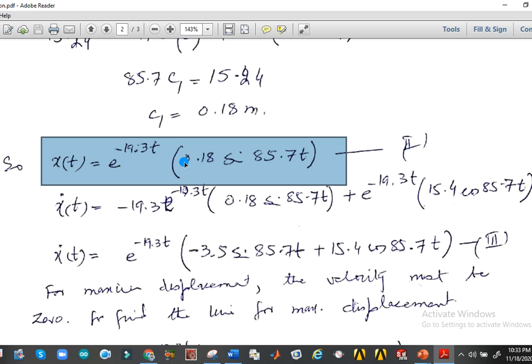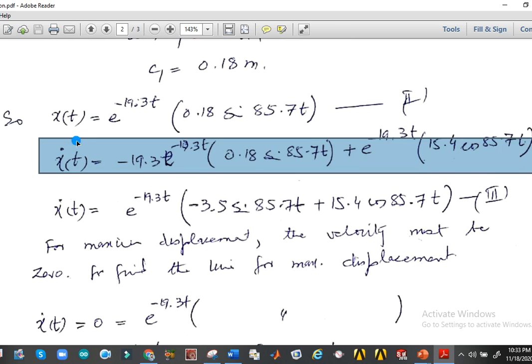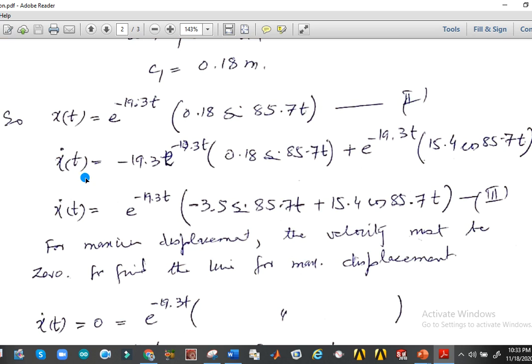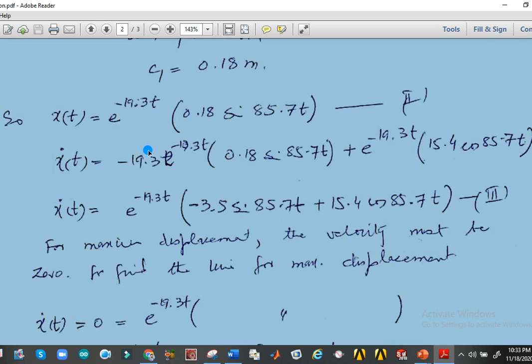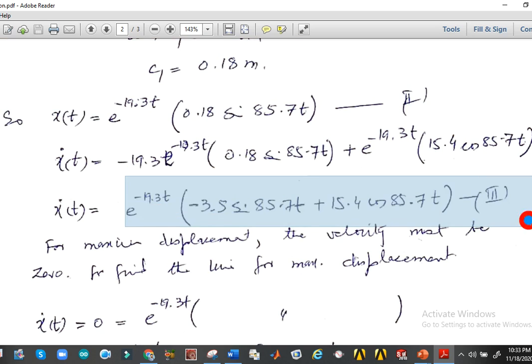Now this simple harmonic function is the function in the time domain. If we put in the time domain, then we can find out the specific response of this system in MATLAB as well. Now we need to find the maximum amplitude. I have already told you that for the maximum amplitude, first of all we need to differentiate this expression. So I have taken the derivative of this expression, considering the concept that where the displacement is maximum, velocity is 0. So putting velocity equal to 0, solve this whole expression.